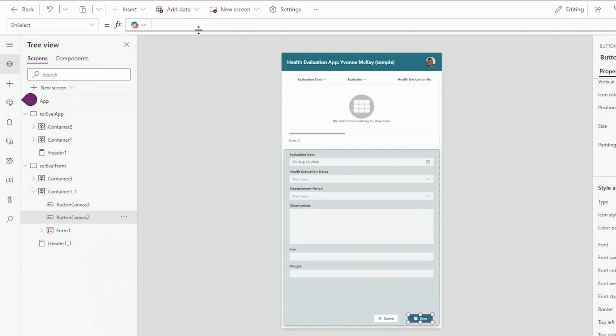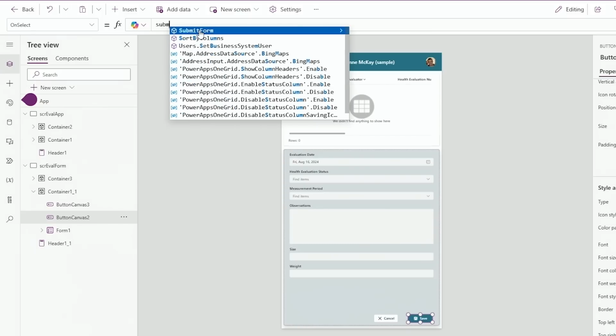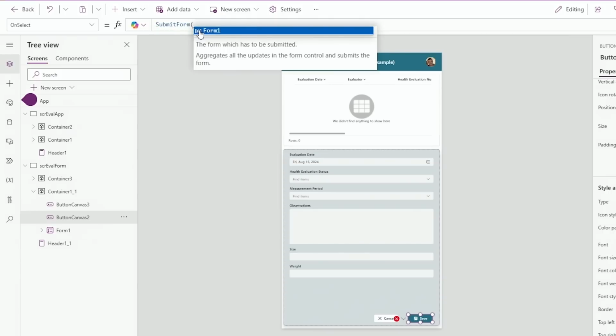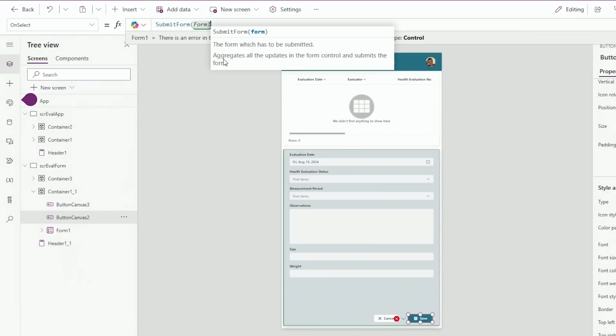Okay, then we want to say what happens when we click on it for save. It's actually called submit form. So submit form. And by the way, the key here is you want the word form in these commands. So if it's working with the form, the word form is in the command. It helps narrow down which one you're choosing. Right. So there's a reset and those kinds of things. Exactly. Because you'll see, especially reset or reset form. Well, if it's a form, reset the form itself. So we'll submit form 1, and then we can